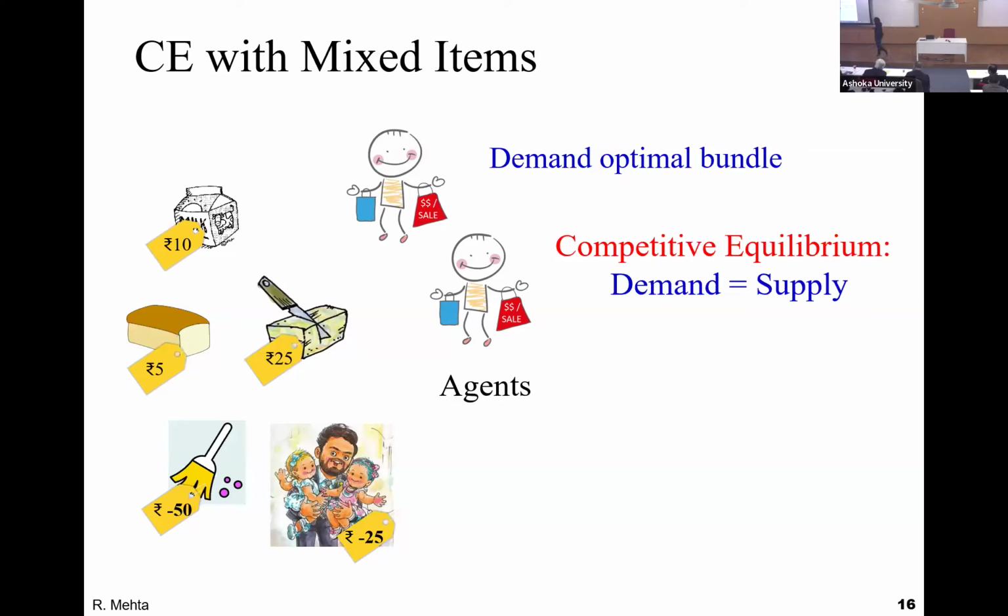And you can also talk about the mixed setting, where you have goods and chores both. And you can define, again, everything similarly. Agents may have a budget or may have an earning requirement, whatever, in this case. And a competitive equilibrium can be defined in the exact same way. CEEI, equal income, is a little bit tricky because now it's not clear whether the equal budget should be positive or negative. But I'll tell you a little bit about it later.